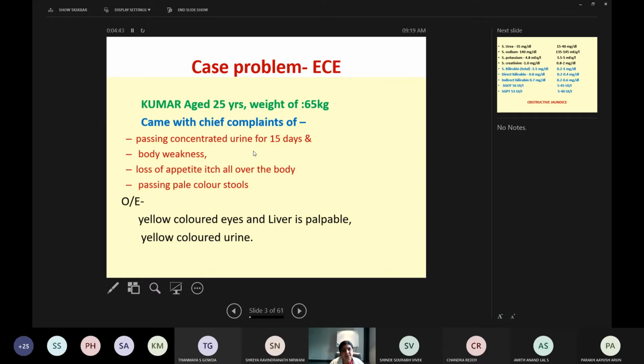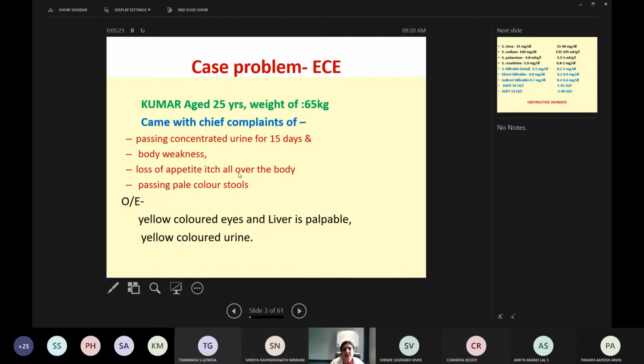disturbance in the GI tract, either in the pancreas or liver or gallbladder, because this is with increased fatty acids present in the stool. That's why it makes it foul smelling, and the pale color is because of the absence of bilirubin and biliverdin, especially stercobilinogen, which is the pigment responsible for the color of the stool. So when pale color is mentioned, the bilirubin or stercobilinogen or stercobilin is not present in the stool, and the probable cause is obstructive jaundice, right?